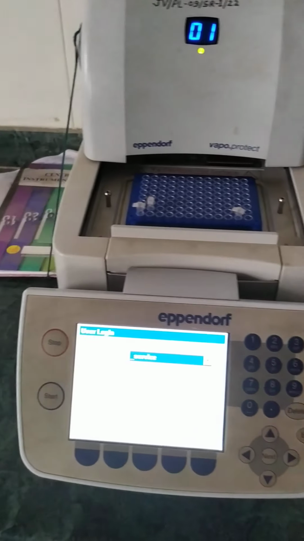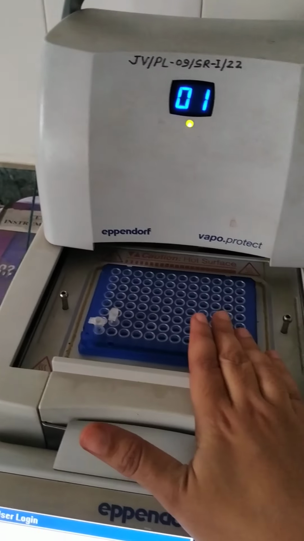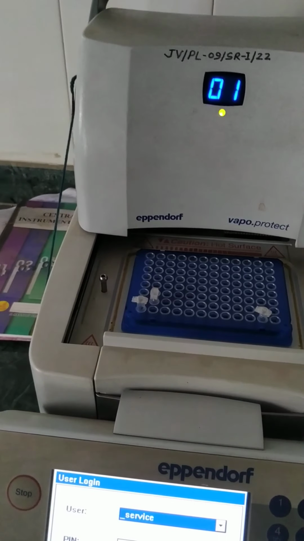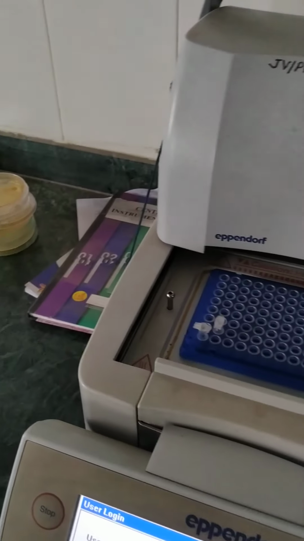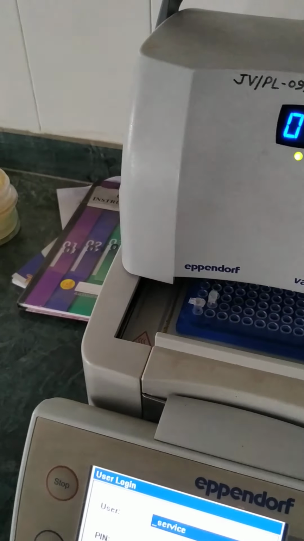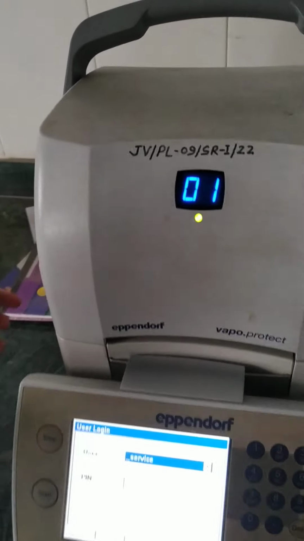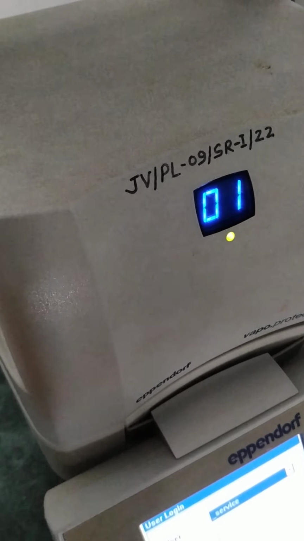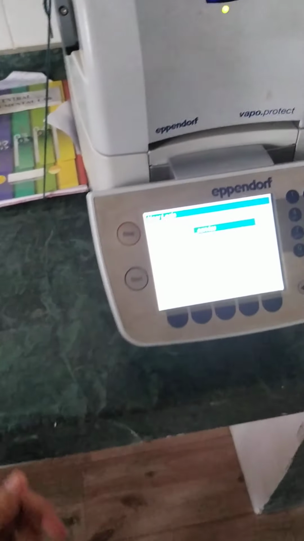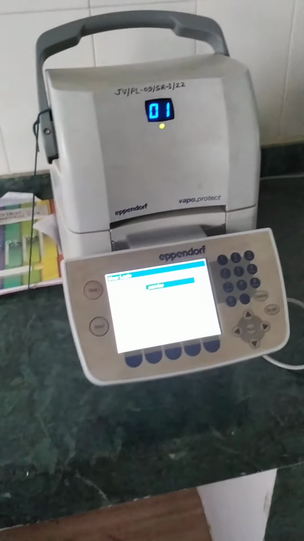You can't put them at room temperature. Otherwise your PCR product will be denatured and your results will be damaged. After completing the process, you have to switch off the machine and the main plug.